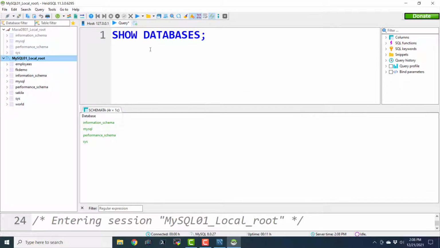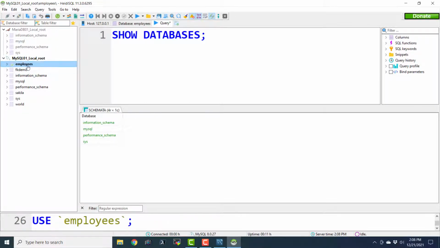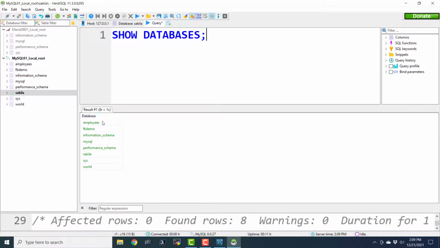Okay, now it has opened the MySQL, and we can understand that it is MySQL because we had created fkdemo in that. We had also loaded this MySQL local instance with employees as well as Sakila schemas. So if I execute this query again on this, it is actually showing me the list of all the databases available. So if I just say use Sakila, and if I execute this, and if I say show tables,